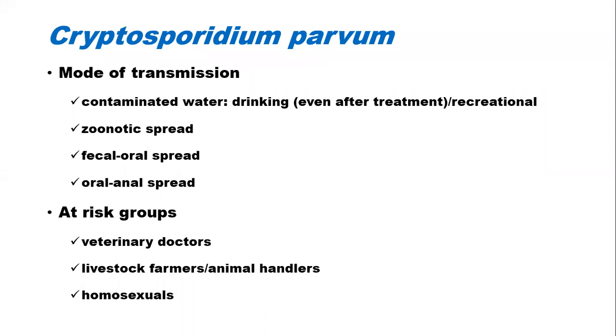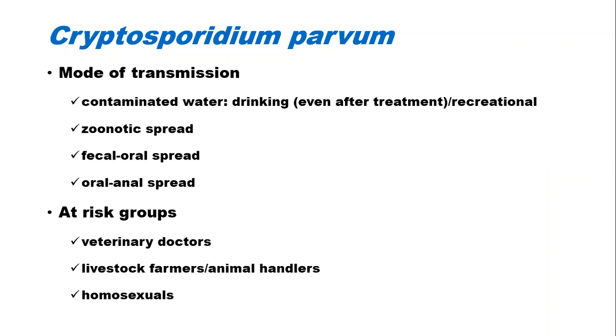Infection is transmitted through drinking of contaminated water. Now, this water could be drinking water, even after treatment. So we are going to discuss appropriate water treatment that can prevent transmission. Or it could be through swallowing of recreational water. For example, you're in the swimming pool, and you didn't know that somebody is shedding the infective form of this agent. During swimming, it's quite possible for you to swallow some water. So infection could be acquired that way.